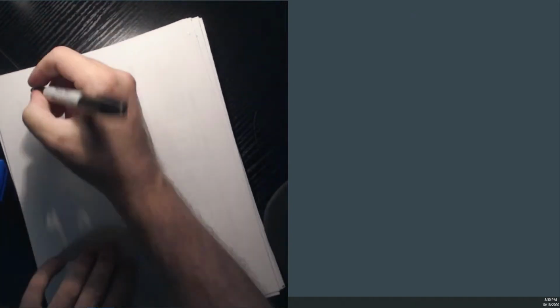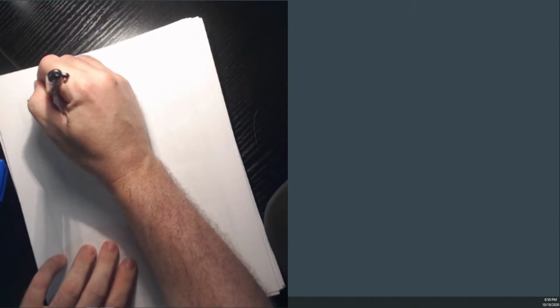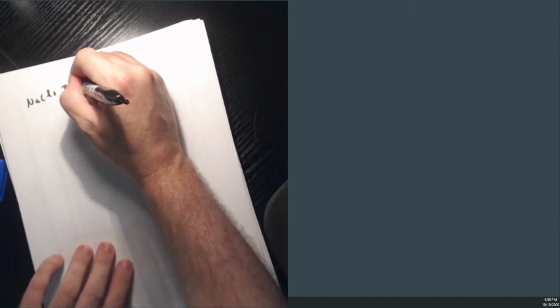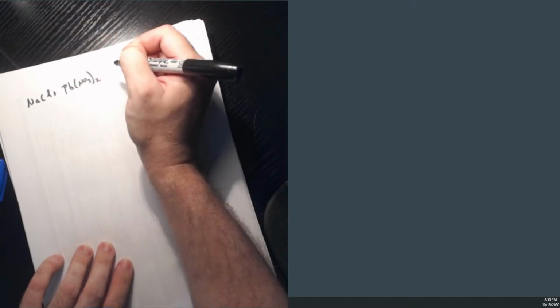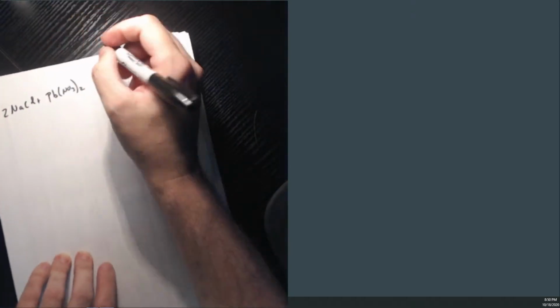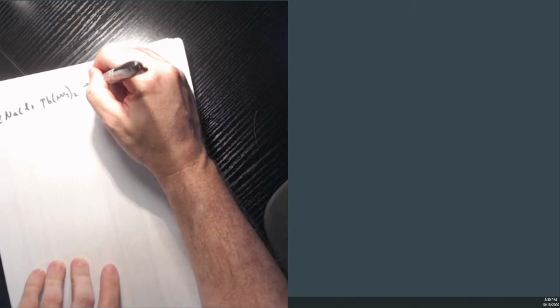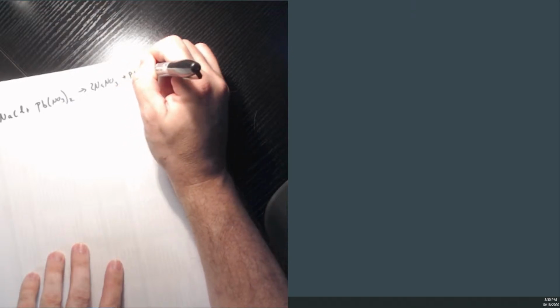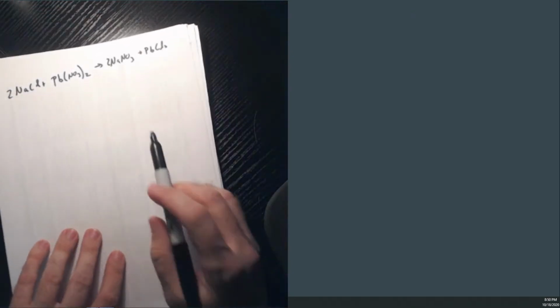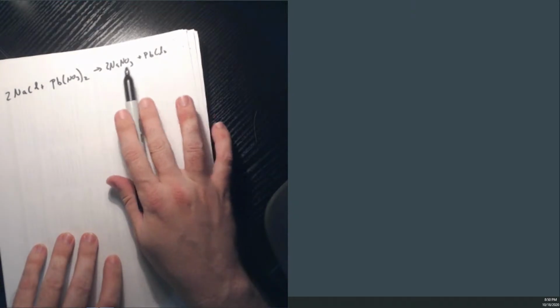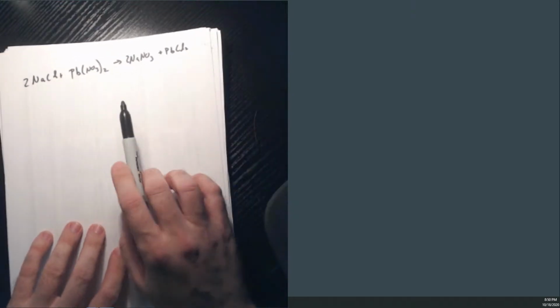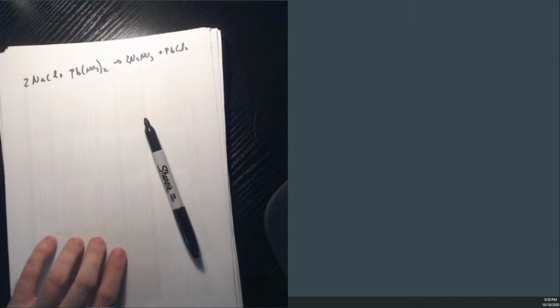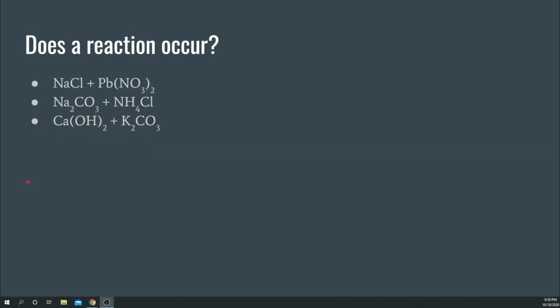So, we have sodium chloride and lead 2 nitrate. NaCl plus Pb(NO3)2. We're going to need 2 of those. I'll tell you that for free. NaNO3 and lead 2 chloride. So now the question is, is either of these insoluble? Okay. We go back to our rules and we look